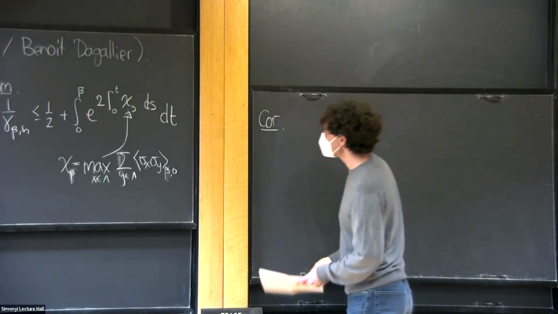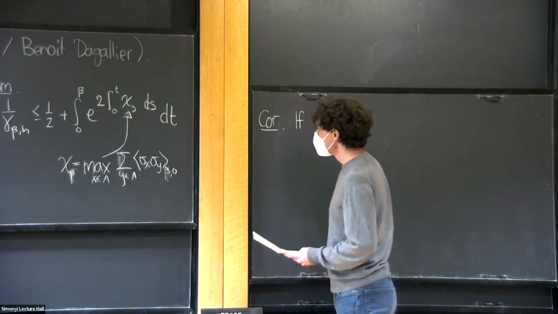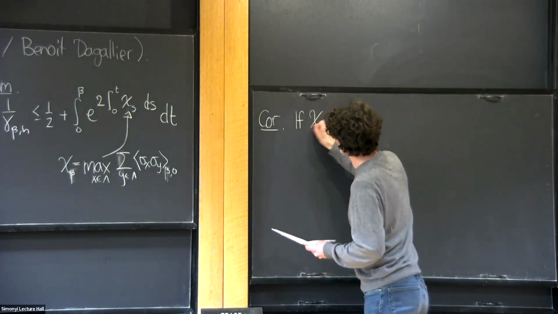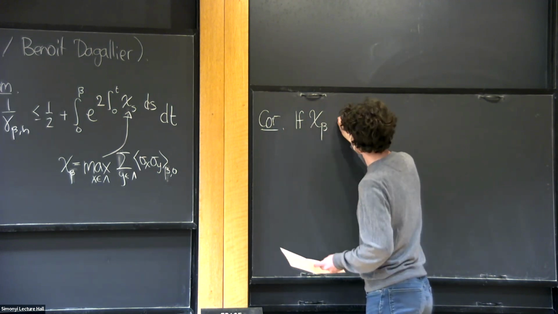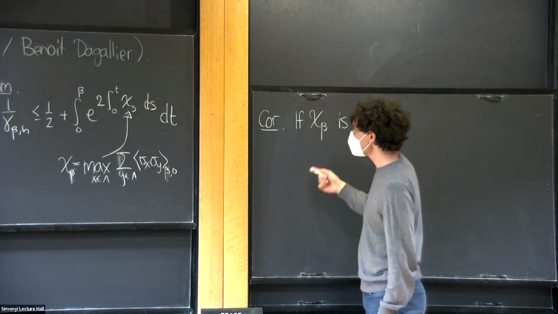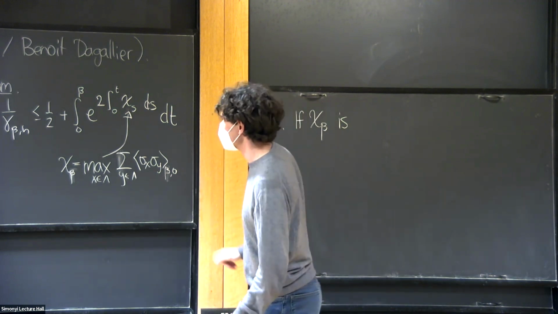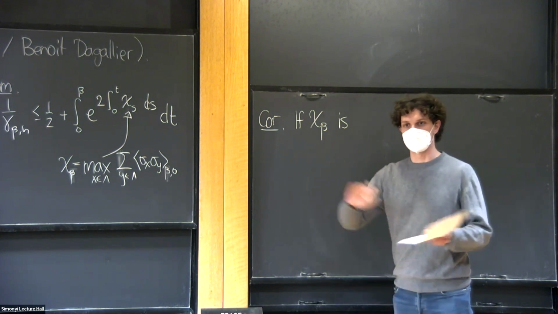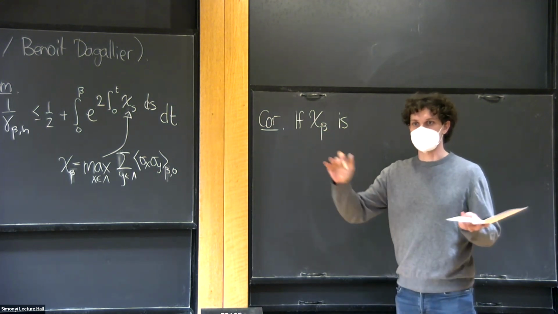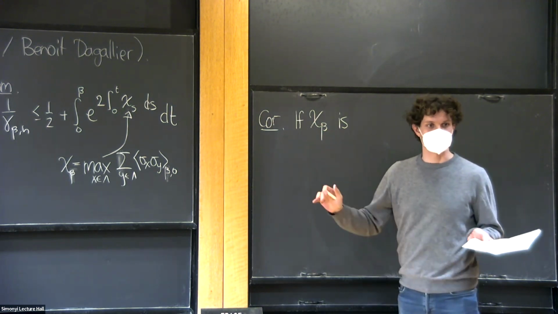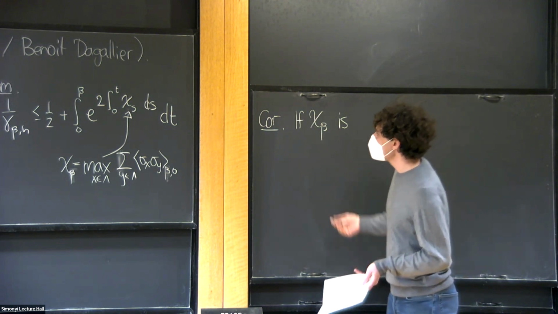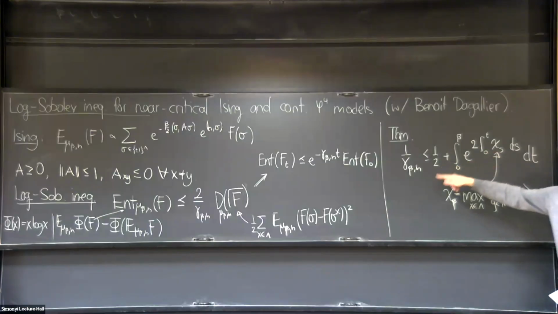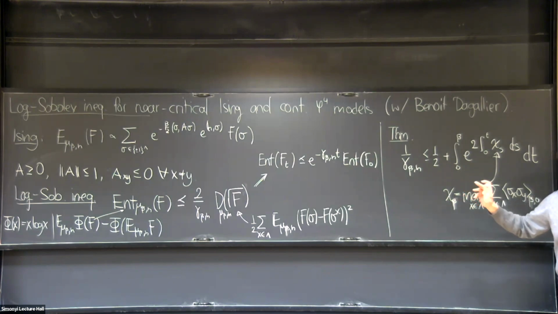The first case you can consider is, suppose the susceptibility, everything I'm stating here is finite volume, but you can ask that chi beta is, say, bounded uniformly in the volume. That's basically the definition of the high temperature phase. In this case, what this bound says is that the Log-Sobolev constant is uniformly bounded below in the volume. So relaxation is fast as soon as you're in the high temperature phase.